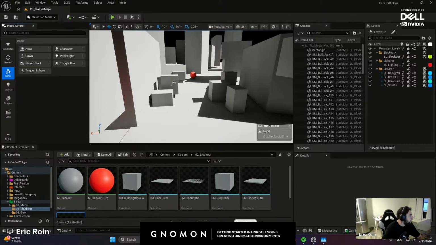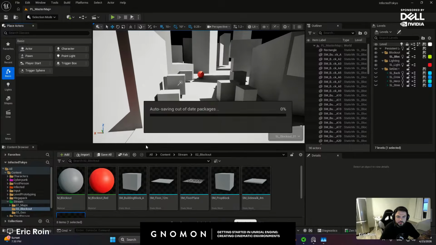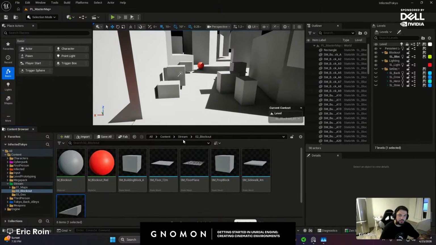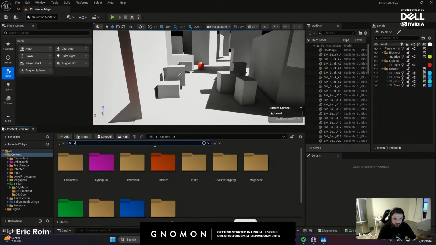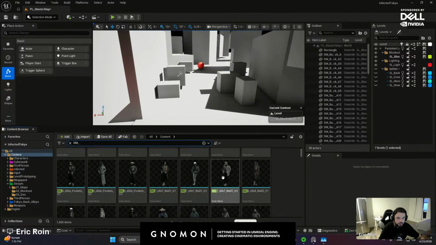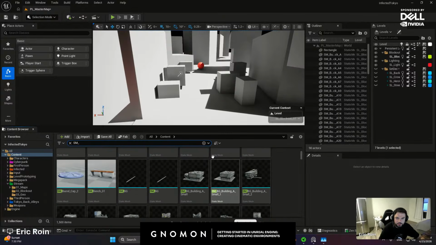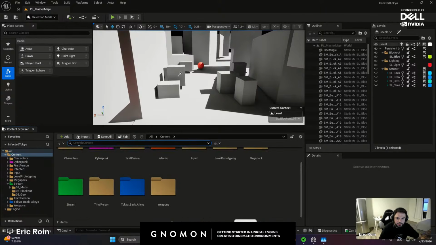Yeah, SM stands for just static mesh. Thank you for bringing it up. Usually naming convention, just super quick. The reason you want to name them properly is just for the sake of organization. But also, if I go to content and I just type in SM underscore, now all the static meshes show up in my scene, a whole bunch of characters, environments. So it's really easy to essentially search those and use those prefixes.